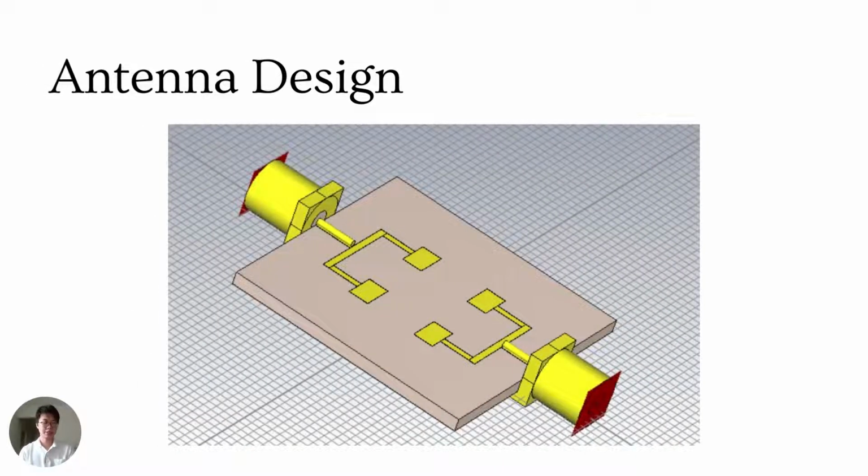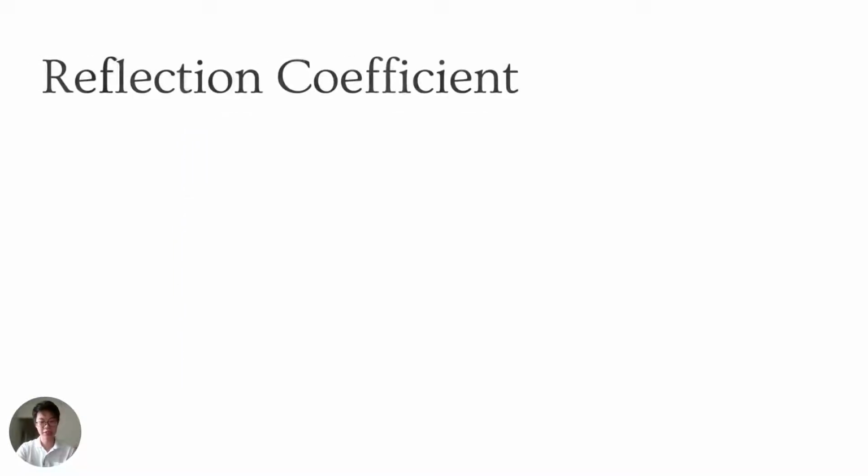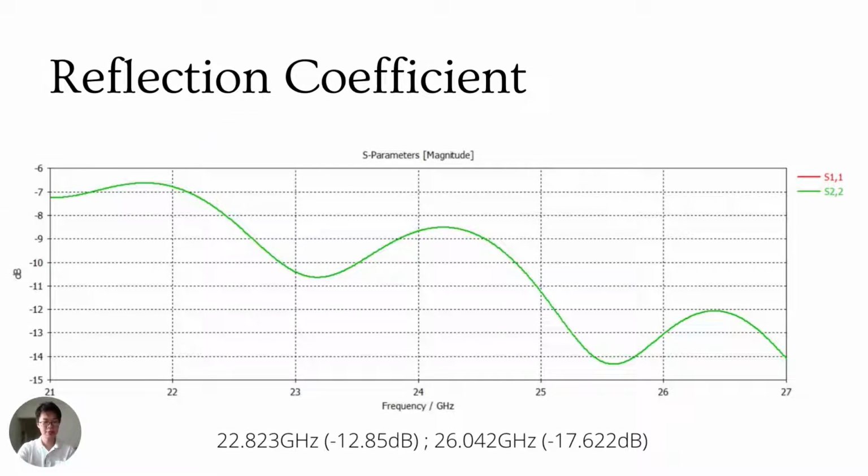So we have one side 2 ports and then 2 arrays, so 2x2. The design is somewhat like this. However, we have achieved a reflection coefficient at 2 different spots. One is at 22.823 gigahertz at negative 12.85 dB, and 26.04 gigahertz with negative 17.622 dB. You could see this is somewhat dual band,